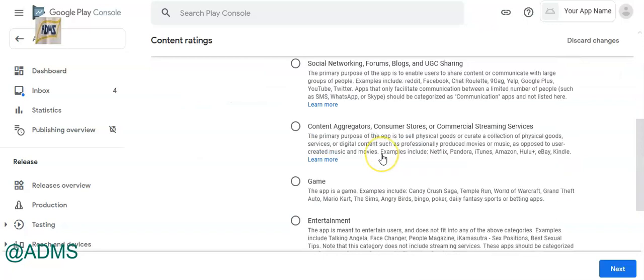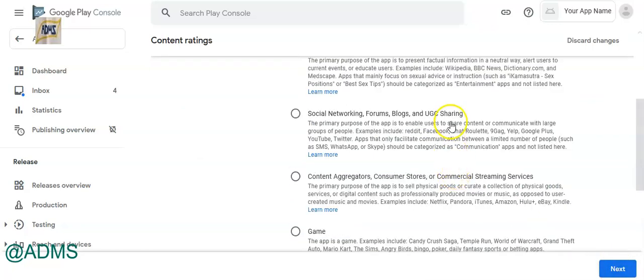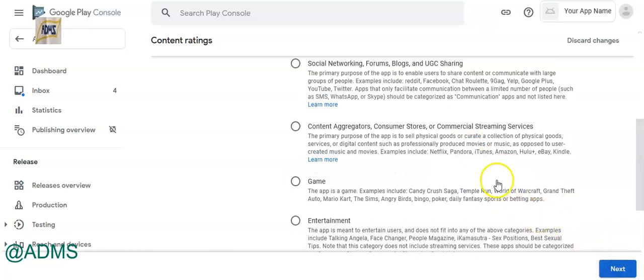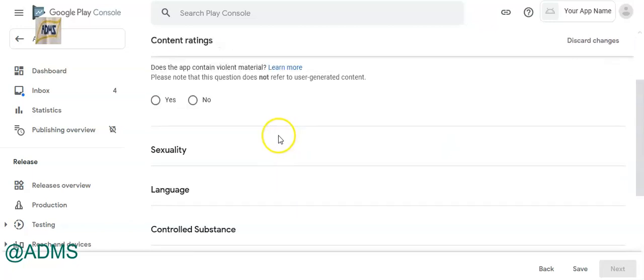and then select a category, whichever is suitable, and click next. Now these are the questions which you have to answer.